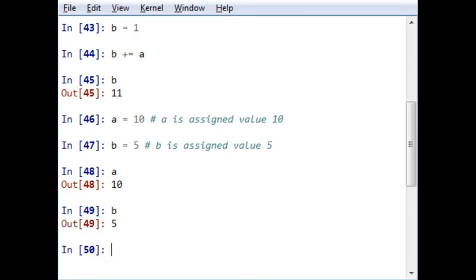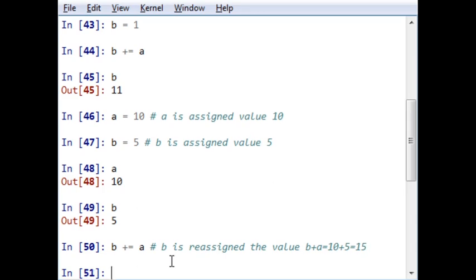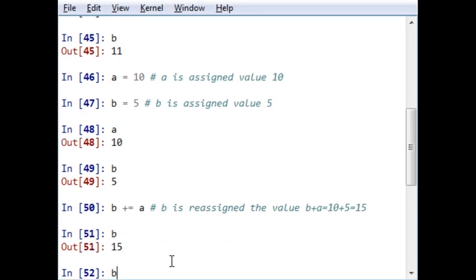And now let me reassign b. So what happens when you write this particular line of increment is that b is reassigned to the value b plus a. So it will actually be 15. So when you run the REPL again, it will be this.